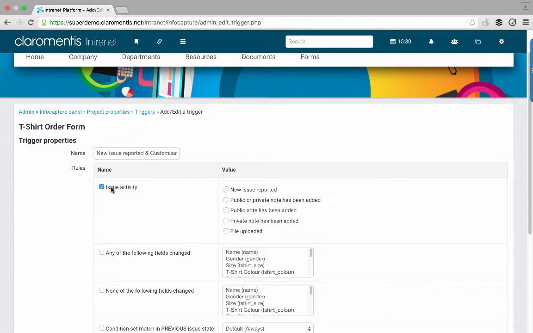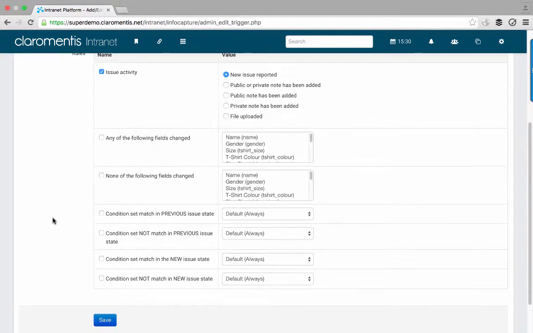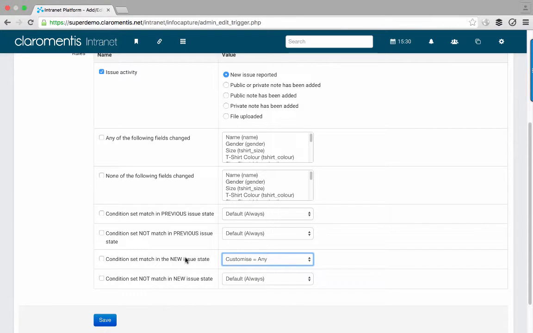So we're going to say issue activity is new issue reported, and we're going to choose another one as well and say that the condition set customize equals any is true in this new issue state. So in this case, the new issue state is after it's been reported, okay, and this condition will be true. So I'll click save on there,